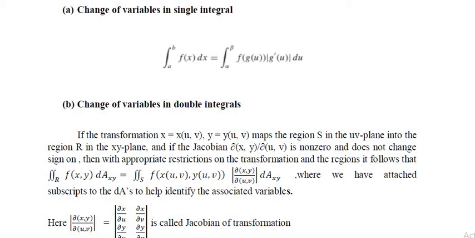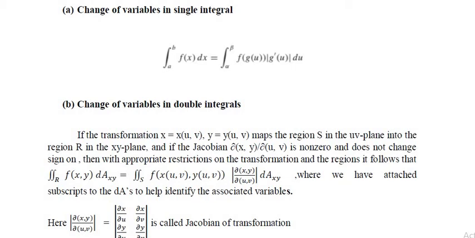That is, the determinant of delta of xy by delta of uv is equal to the determinant with first row dou x by dou u, dou x by dou v, and second row dou y by dou u, dou y by dou v. This is called the Jacobian transformation. Sorry, I have made a small mistake here.